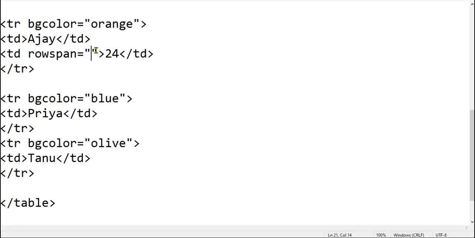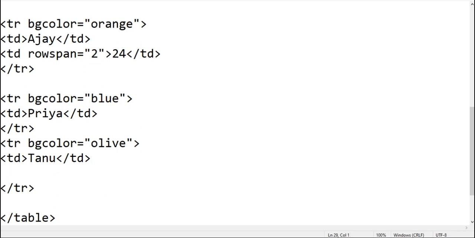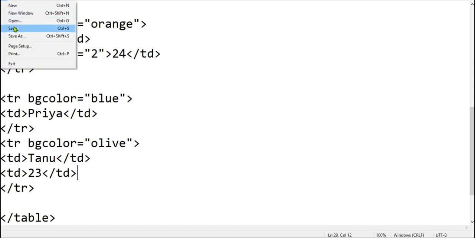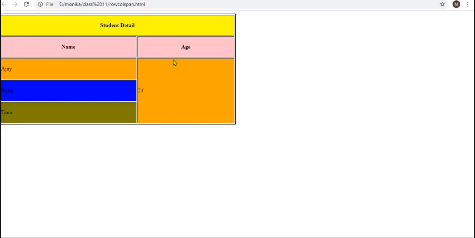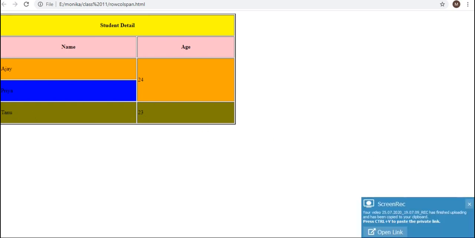You will reduce the rowspan to 2, and then you will add another data here, td, any value, and then close td, and then save the changes, then go back there and refresh. See, there is another data for this row, Tanu, age 23.